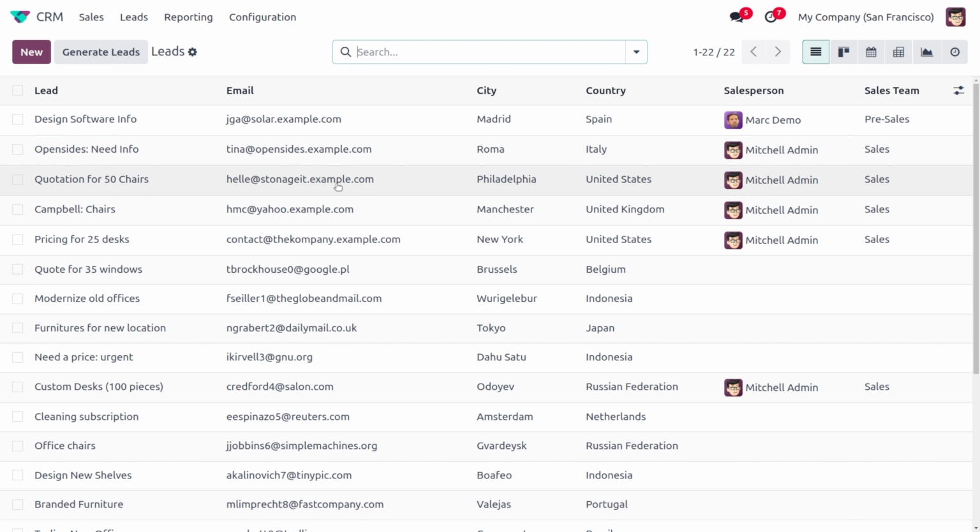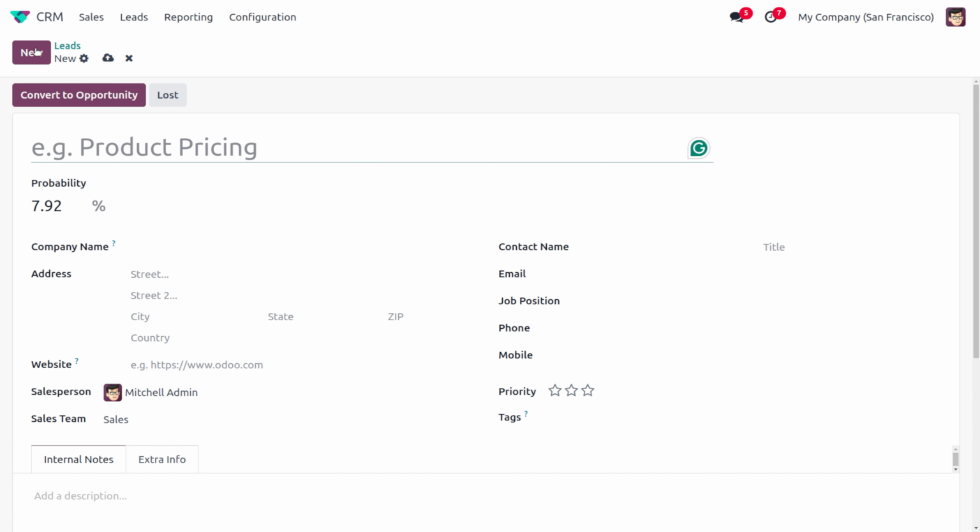are the potential customers. And if you want to create a new lead, you can simply click on the New button. This would pop up a window where you can set the heading of the lead. In this case, we are just going to give the information like 5 square table.